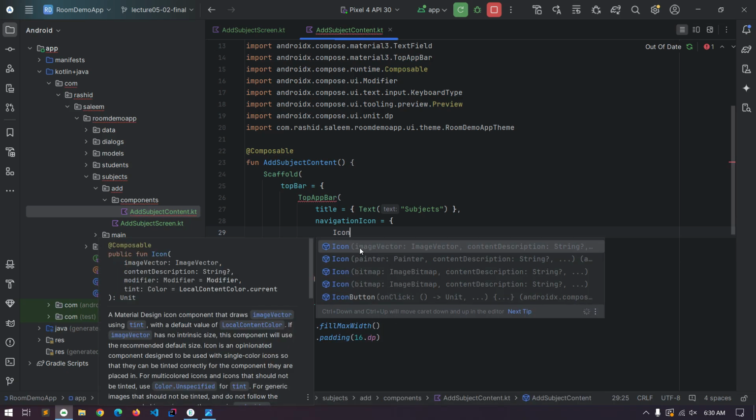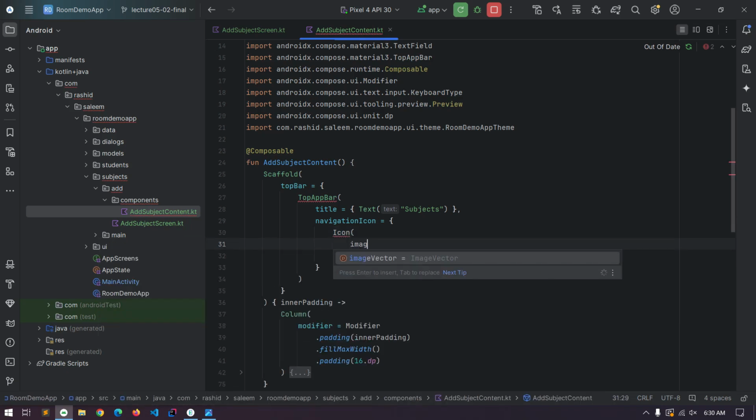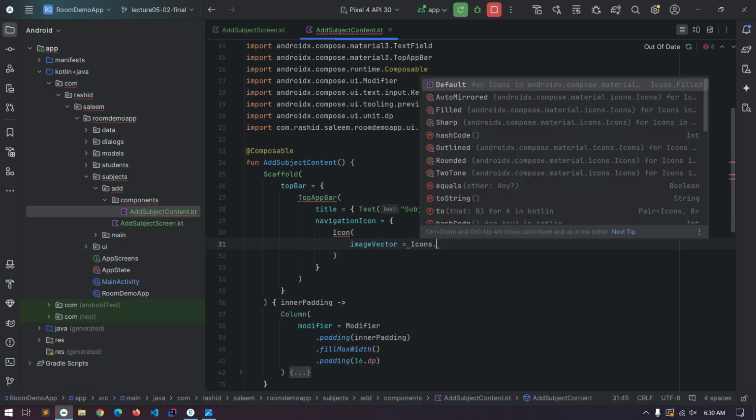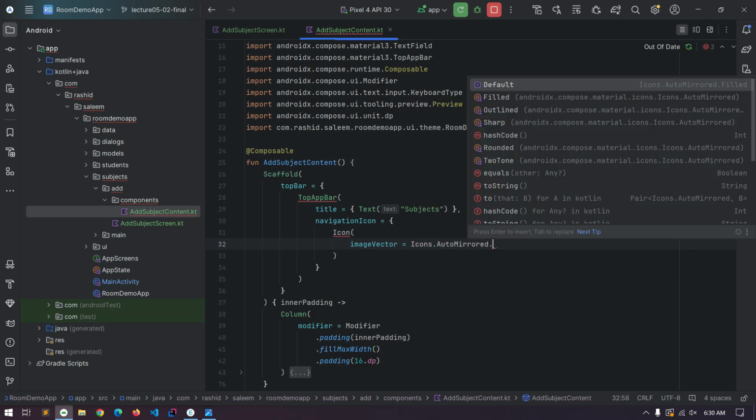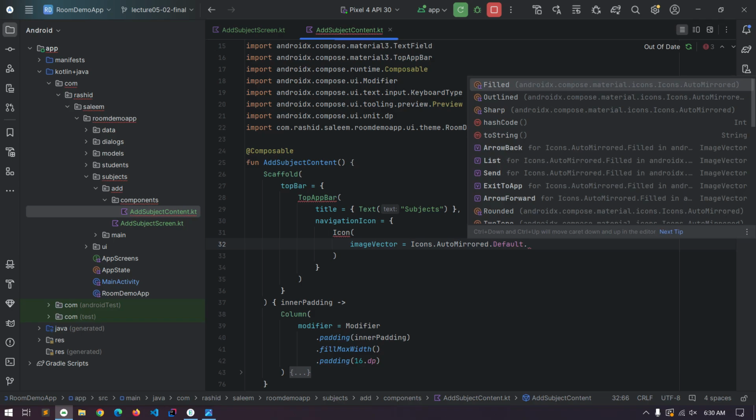Here we'll show the icons dot auto mirrored dot default dot arrow back,